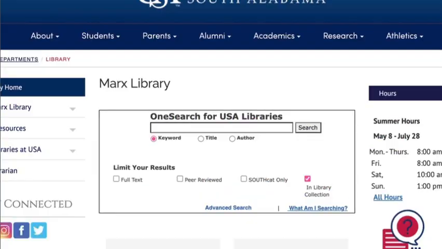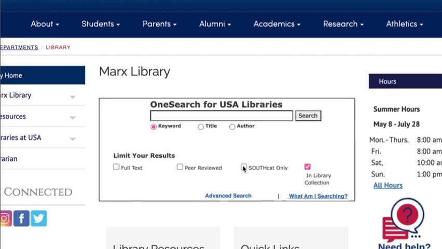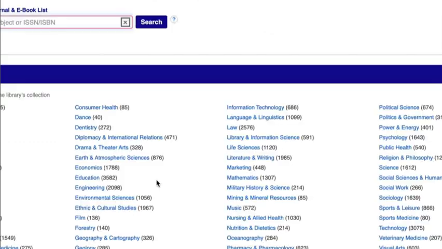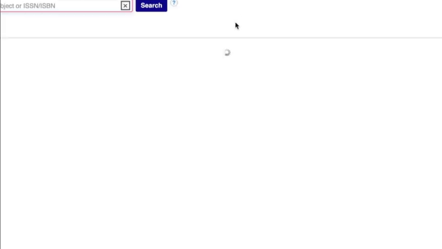In this tutorial, I'll show you how to look up an academic journal by title or by subject. So we start at the library's main page, and under Library Resources, right under here, we will go to Journal and eBook List. If you are off campus, you'll have to do the login thing using your JAGNet credentials. And if you know the title of a journal, you can type it directly into this search box and